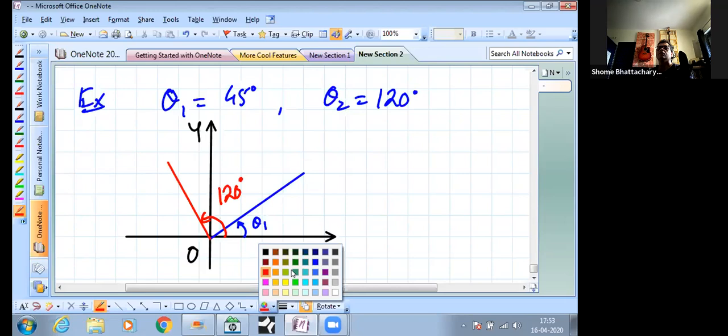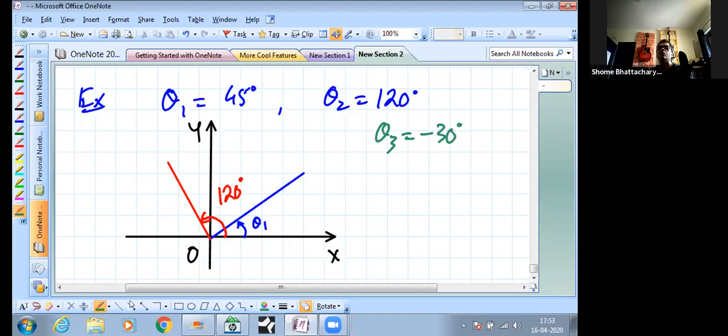Now let's say I've got something else, which is rotated by a different angle. Like I've got theta 3 equal to minus 30 degrees. So that third object which is rotated by theta 3 will lie over here now, because it's a negative angle. So it should be clockwise instead of anti-clockwise. So theta 3 equal to minus 30 degrees, we'll place it over here like this. Theta 1 equal to plus 45 was placing that over here. Theta 1 was a positive angle of 45 degrees. Theta 2 was a positive angle of 120 degrees. So it was looking like this.